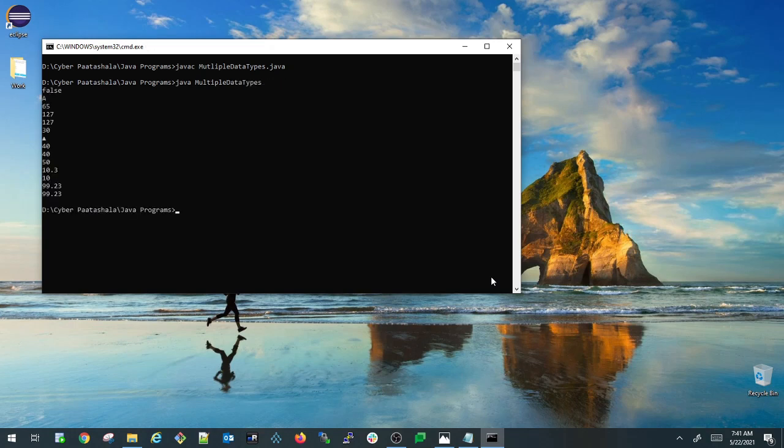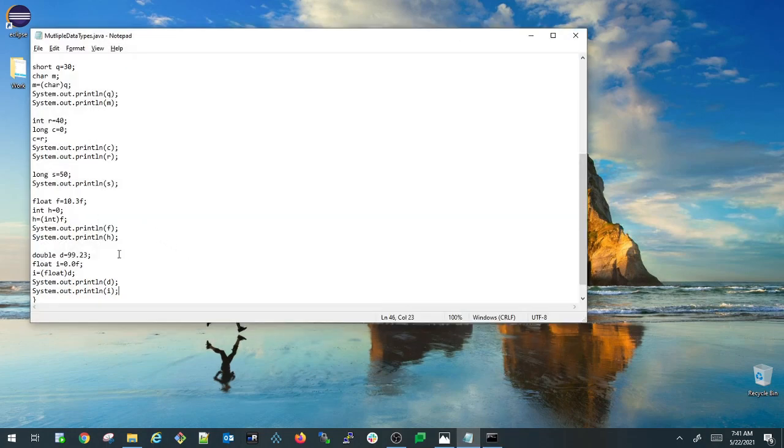If you see here, after printing the floating point 10.3, it printed me 10. Let us go and see here. Here it printed the float value 10.3 directly, but when you converted this float variable from float data type to int data type, the decimal value, that 0.3, got removed because it converted into an integer type, so the decimal fractions will be removed.